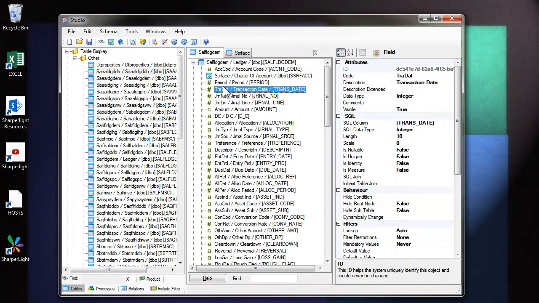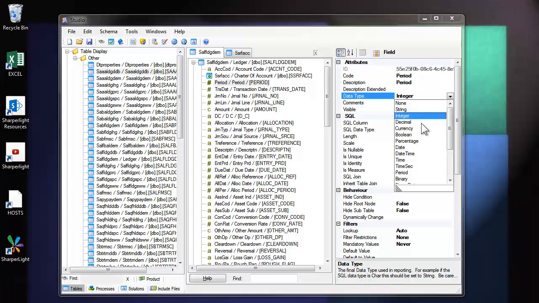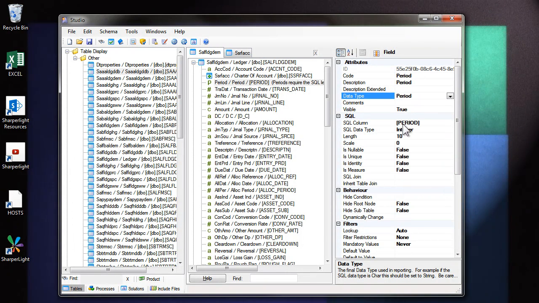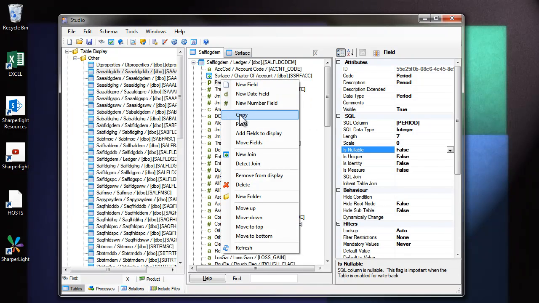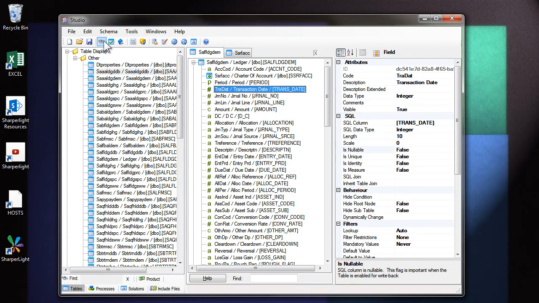Next, let's have a look at this period column. Currently the period column is set as an integer, but I'd like to turn it into a real period so that we can handle years and calendar months, for example. So I'm coming up to the data type and I'm changing it to be a period. In conjunction with that, I also need to set the length. This particular period has 4 digits for the year and 3 for the period, so altogether it has a length of 7. I'm going to put the period now on the clipboard by selecting copy,